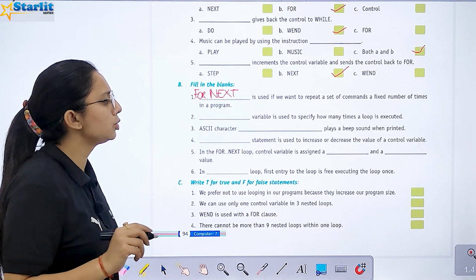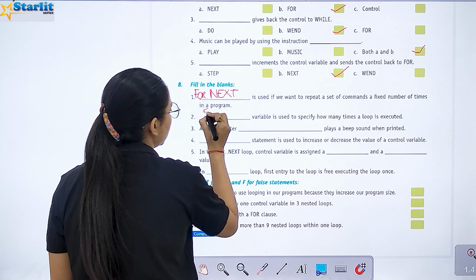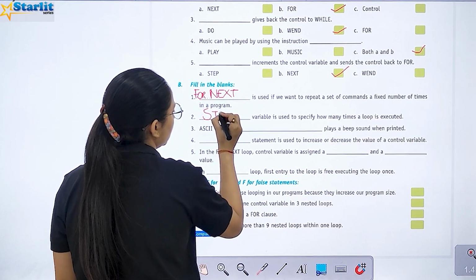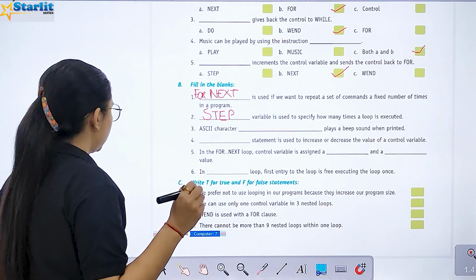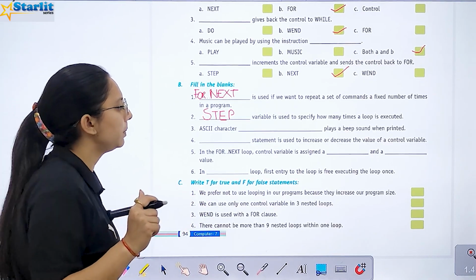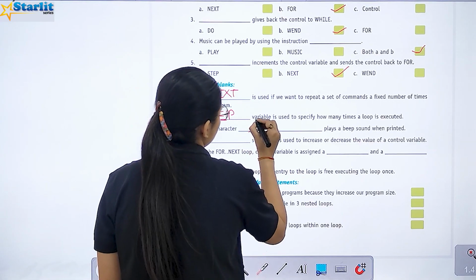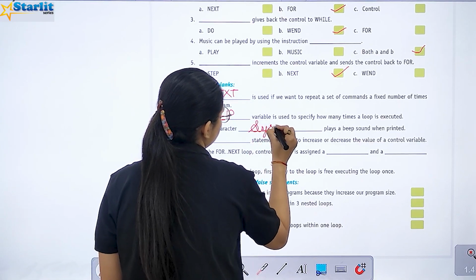Dash variable is used to specify how many times a loop is executed. Step. ASCII character dash plays a beep sound when printed. System.